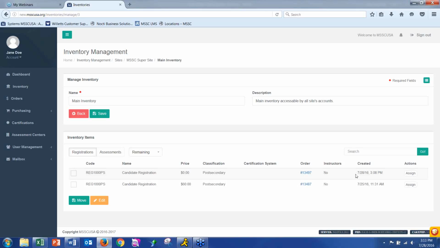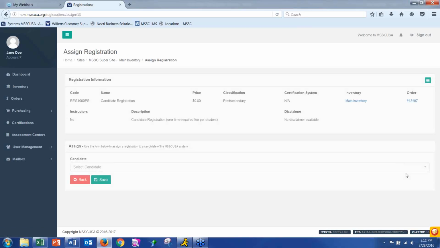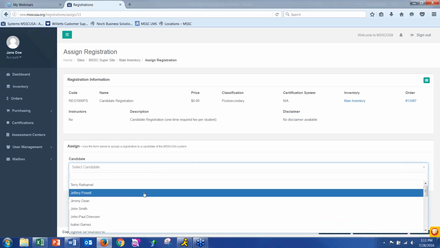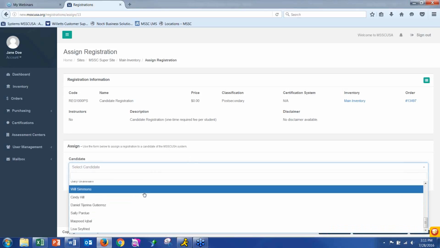And this is another part that's changing. If I click over here on Assign, this is how candidates are going to complete their registration now. So here again at the top I have more information about the registration that I just ordered. Again, it's post-secondary. And then here, this is where I'm going to assign it to a candidate. In this drop-down menu, this is going to list all of the candidates who, when they created their accounts,